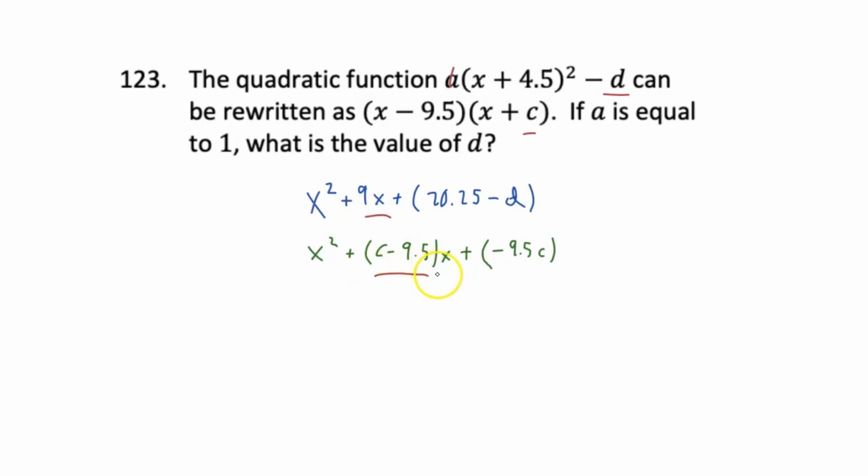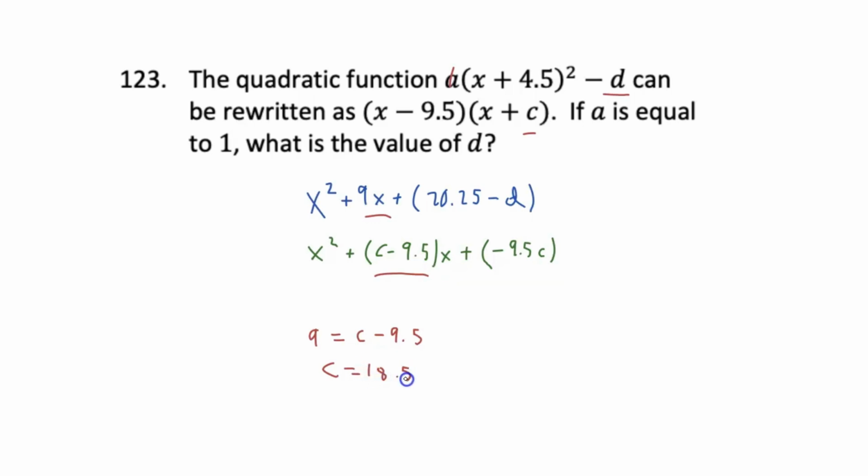Well, guess what? We can set these two equal to each other because the rest of the expression is equivalent. We have x squared plus yada yada yada, x squared plus yada yada yada. And so this makes things very easy. 9 is our b value, and then we have c minus 9.5 in the other function. And now we can solve for c, and so c here would be